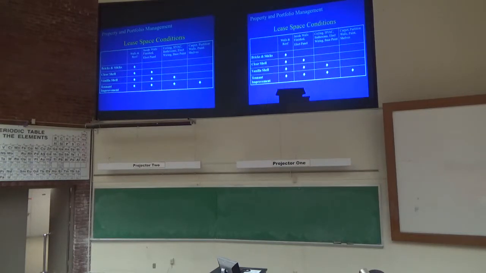Okay, there's different types of leases for different types of properties. There's what is called sticks and bricks. So when you're leasing the space, it's just the walls and the roof. If you do clear shell leasing, it's the walls and the roof, inside walls finished with the electrical panel. You got a vanilla shell. These are your tenant improvements. You're going to add in the ceiling, heating, ventilation, air conditioning, bathrooms, the electrical wiring, and base paint. And then the tenant improvements are basically everything.